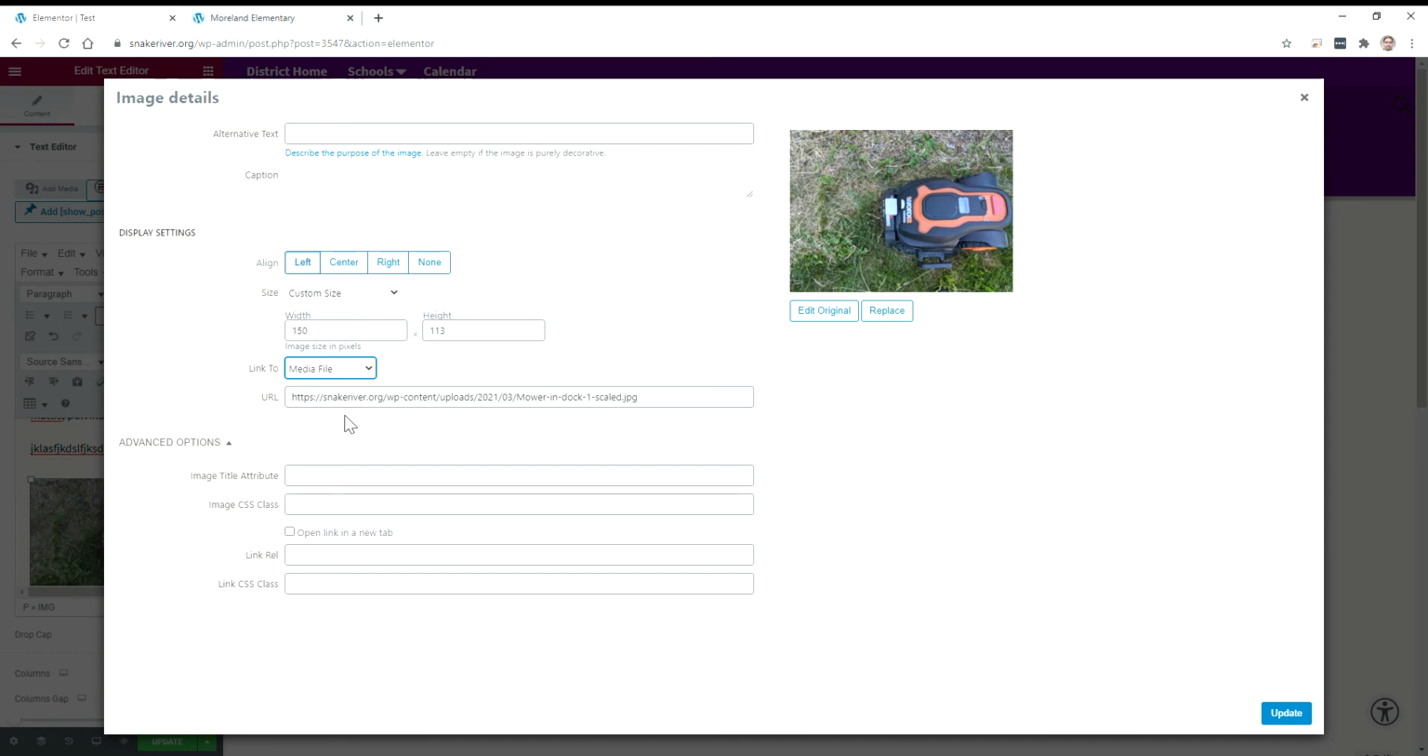If we do the attachment page, most of the time you're not going to want to use that. It kind of takes it to a page that just has information about that picture. I don't foresee that being useful in this case. But the custom URL option is a really interesting one. So in that case, you can use a link to another page on one of the Snake River sites, or